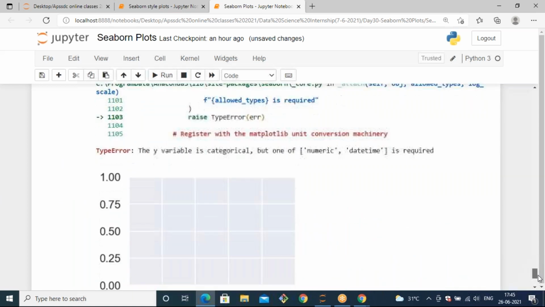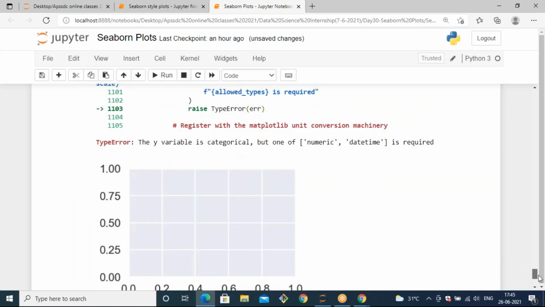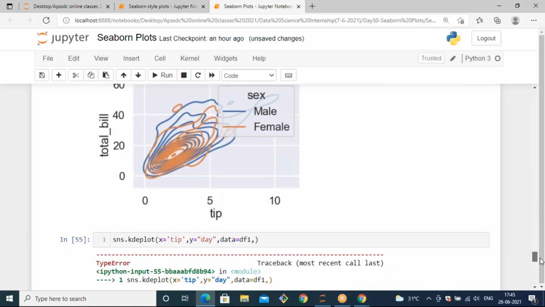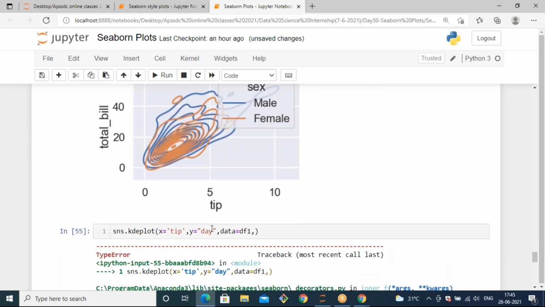The y variable is categorical, but one of numeric data type is required. Oh, okay. It is extra data. So if we are passing, it will take only integer data.